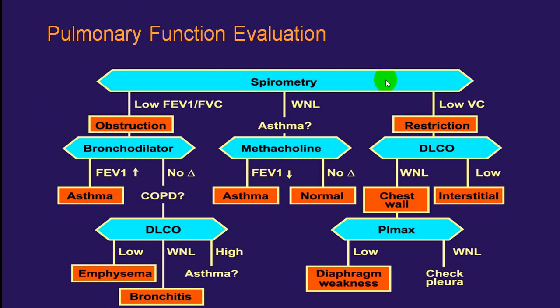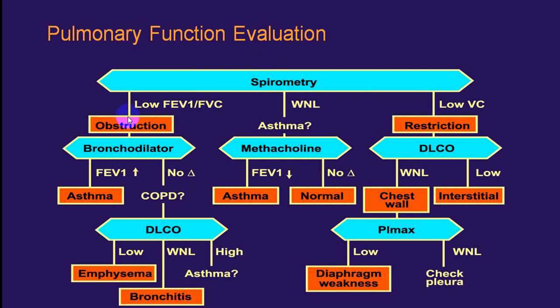I am repeating the same thing again and again so you will understand. So you do a spirometry, it is within normal limits, test for asthma. What do you do? A challenge test, because it is normal. By giving a challenge, if there is a fall in FEV1, it is asthma. If there is no fall, normal. Now suppose it is abnormal. Look at the ratio. If the ratio is diminished, more in favor of obstruction. If the ratio is normal or increased, it is more in favor of restriction.